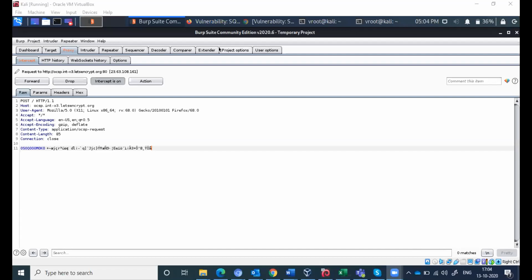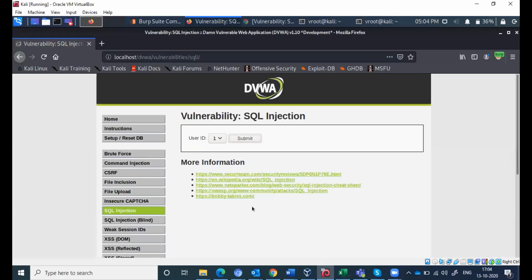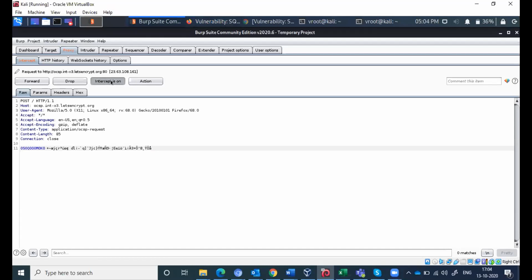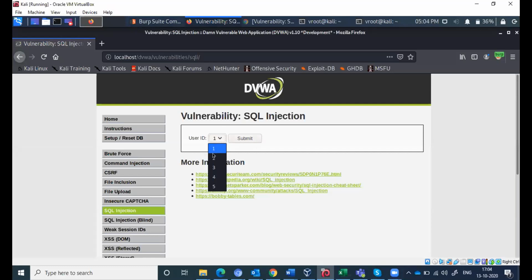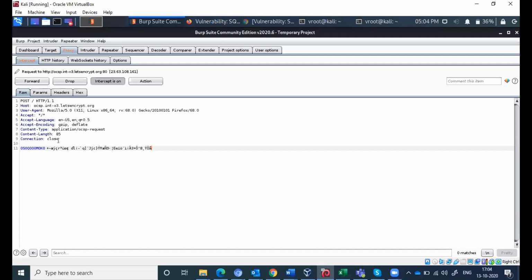Yeah, sure. Okay. Submit, intercept is on. Take a look at the URL.